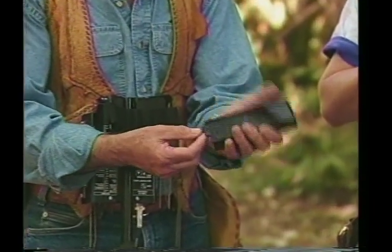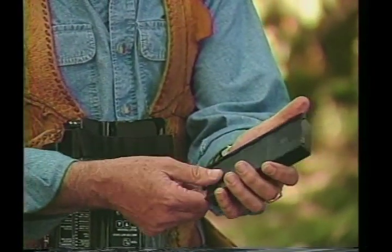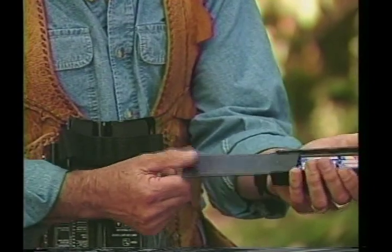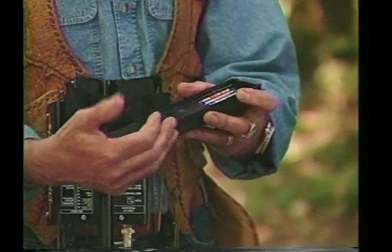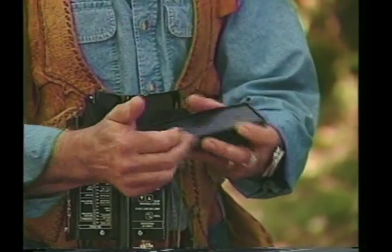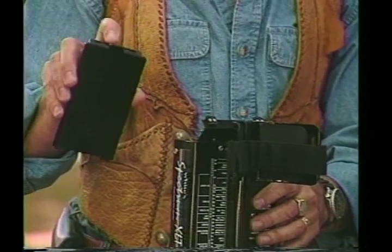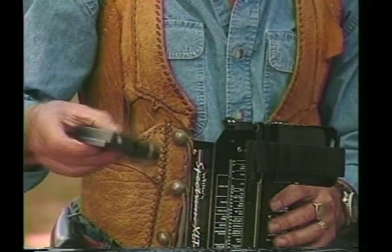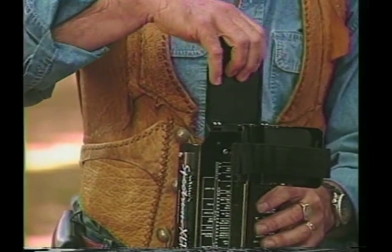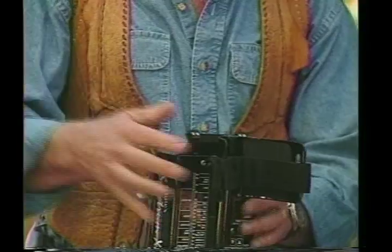Now the little tab here which stops the pack from going too far in the case is used as a little handle, lift up and pull back, and we expose 8 AA batteries. Those 8 AA batteries will take the place and operate your detector just as the NiCad will. Again, we put the contacts, the little silver contacts, always on the bottom as you're dropping it in. Couldn't put it in that way, can't make a mistake. Turn it around, drops right in. Close the door,